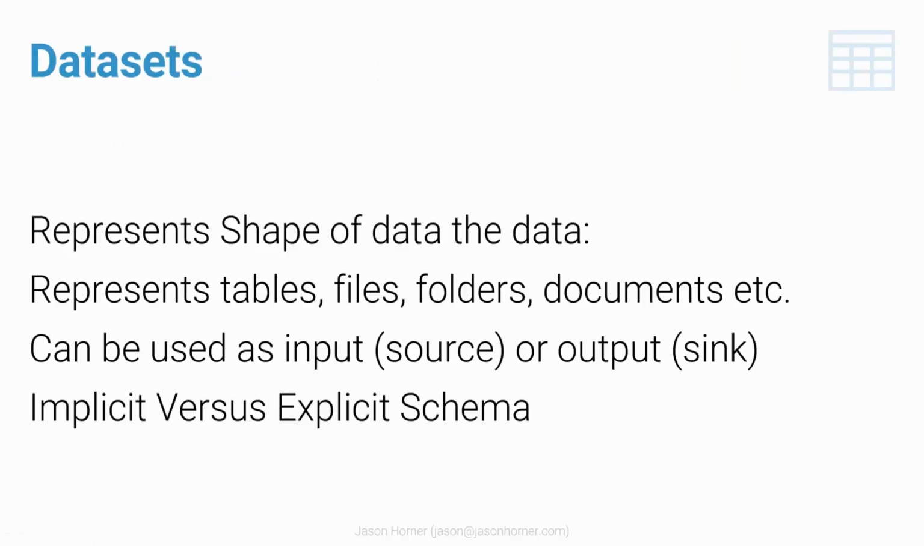Data sets, so that really represents the shape of our data. We have two options there. We have implicit and explicit schemas. So an implicit schema allows us to basically not define a schema, and it'll try to take whatever you have, and as long as it maps to where you're trying to go to, it'll succeed, which is very unlike the